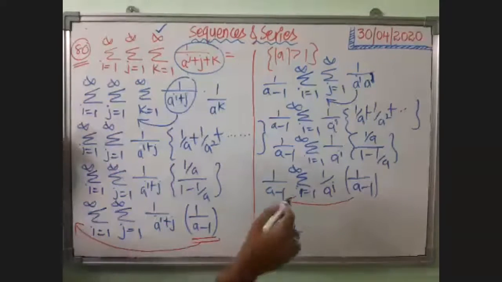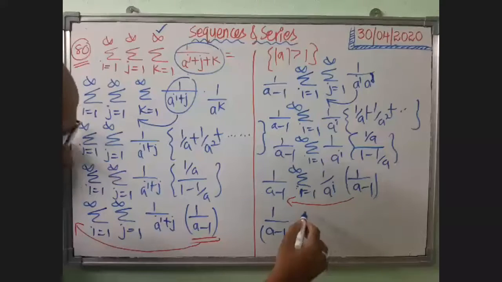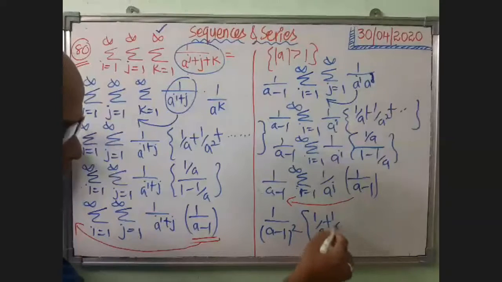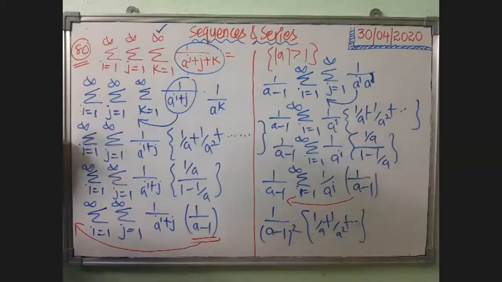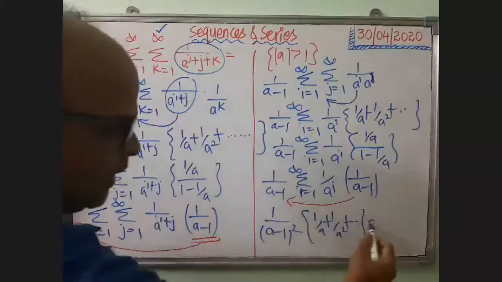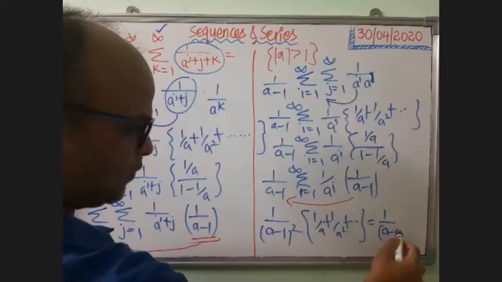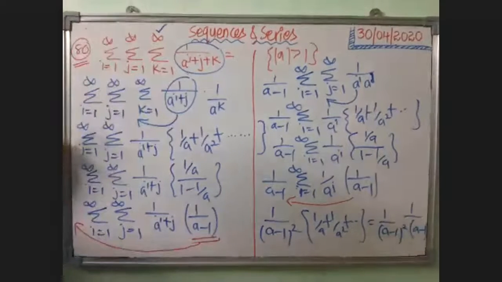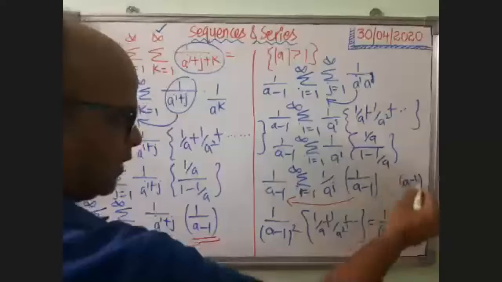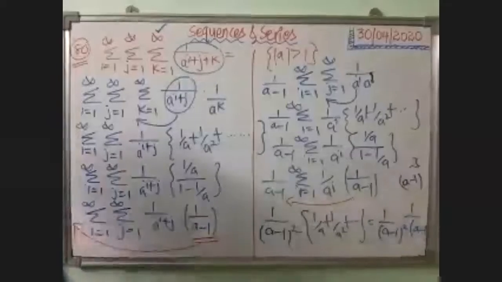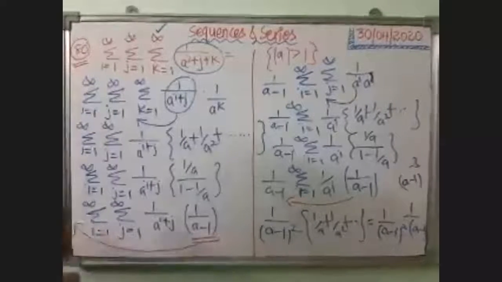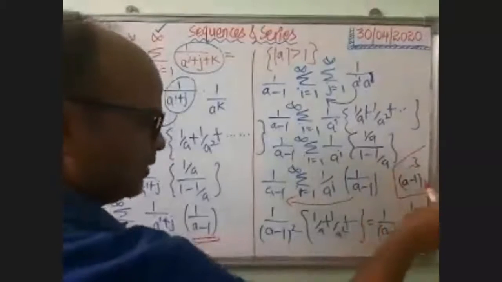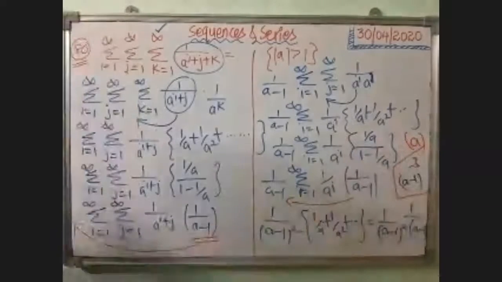So now when I substitute i equal to 1, 2, 3, 4 and so on here, I am getting 1 by a plus 1 by a square plus so on up to infinity. In the same way, if I solve, I am getting 1 by a minus 1 whole square into 1 by a minus 1. This will become whole cube, which is nothing but (a minus 1) whole power of minus 3, which is actually your option A in your Cengage material.